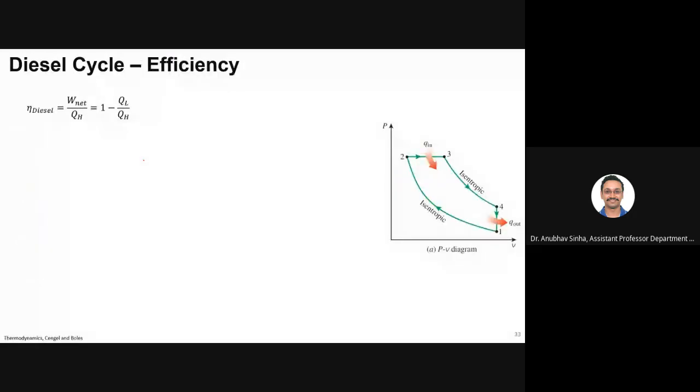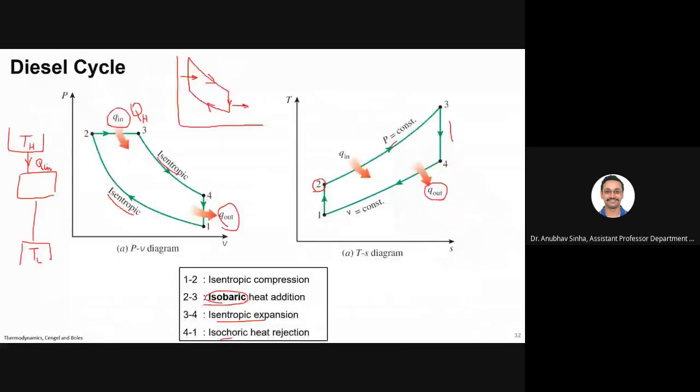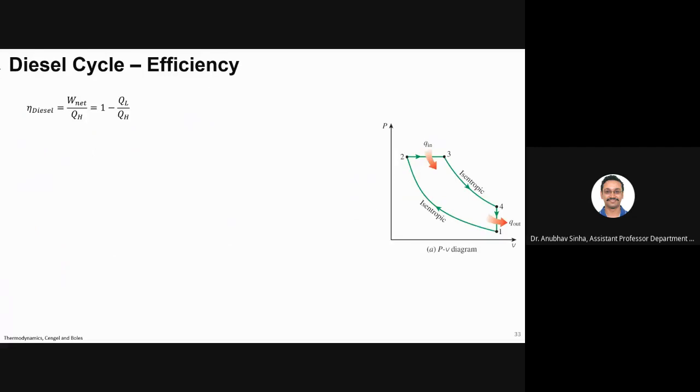So again, the same equation we'll use. Basically, all of these are heat engines and they are operating on this principle only. They are basically running between two temperature sources, TH and TL. That is the same thing happening with, let us say, the Carnot cycle, Otto cycle, and diesel cycle. So we'll start with the same equation and then we'll try to calculate how much heat is lost, how much work is done, how much is supplied.